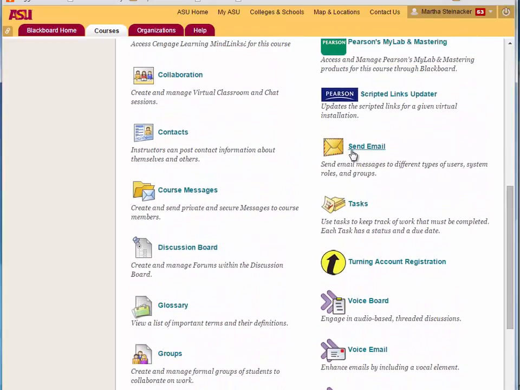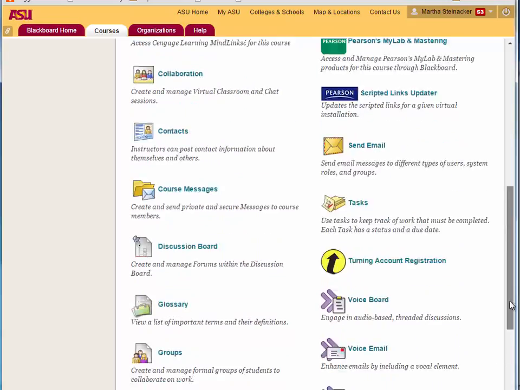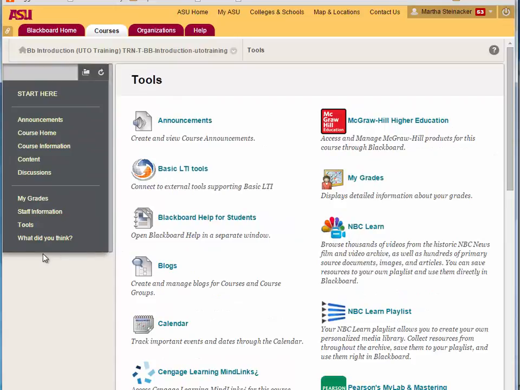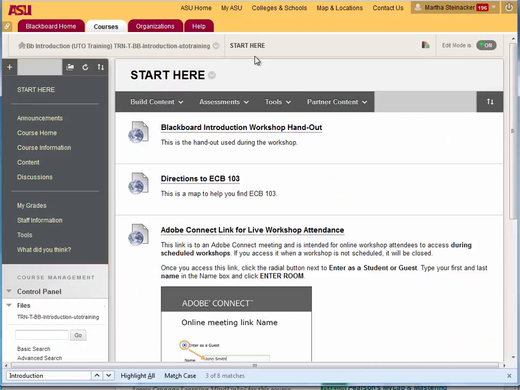Students can send emails to people in the class by clicking Send Email. They can get a glossary. There are lots of great tools here. And in this particular example, there's a little survey that says, what did you think? And people can click on that survey and give feedback to the instructor. In the instructor view,